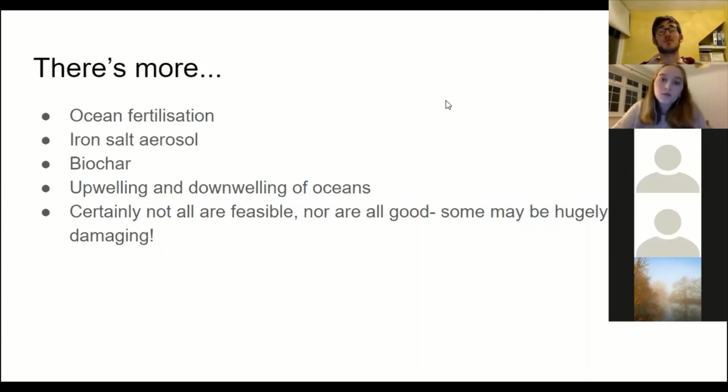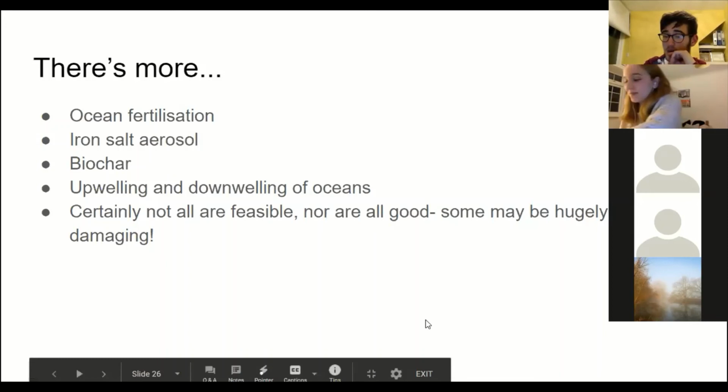And one of my concerns is the oceans are a really important system for our global climate, but also one of the most important global ecosystems. And so if we don't know the impact, then we could be tinkering in something that could be really damaging to lots of people who rely on the oceans and to the oceans themselves. Did you have a follow-up question? Yeah, thank you. Fantastic. Any other questions?